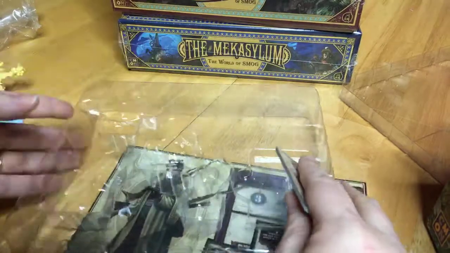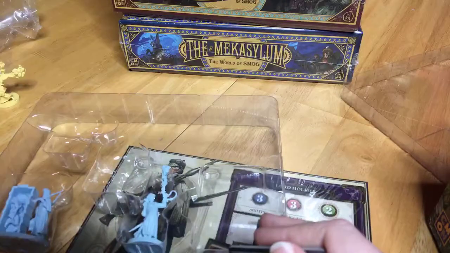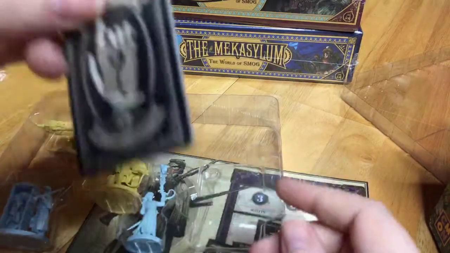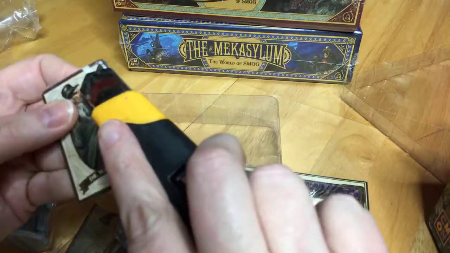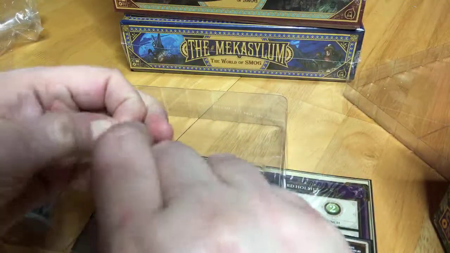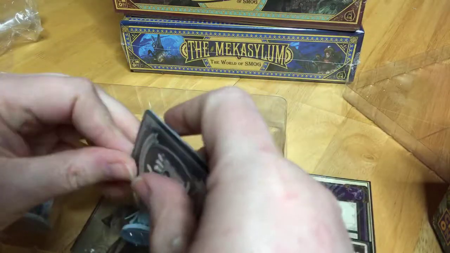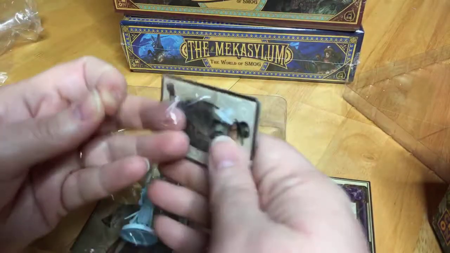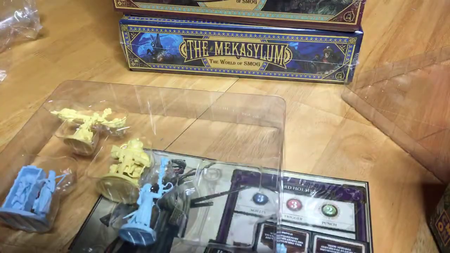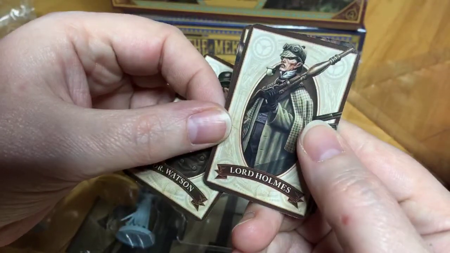So, what else do we have in here? We have activation cards. Let's just stick these guys back in here real quick. Activation cards. So, again, I always try to get the corners, and one of these, it's a small detail, but I always love to have those rip ties when it comes to pulling plastic off of things. So, let's see, we have Dr. Watson, Lord Holmes,